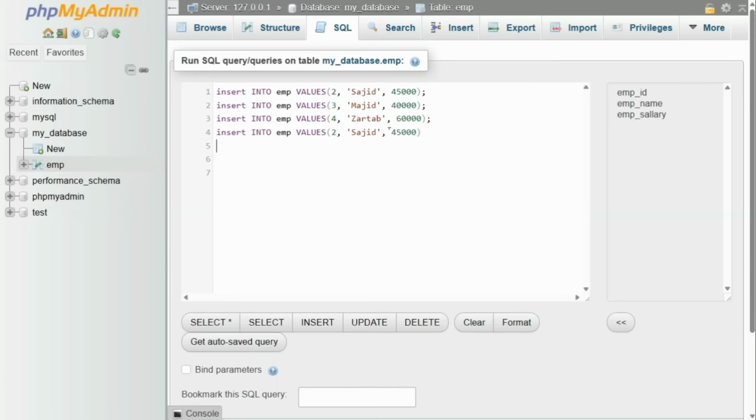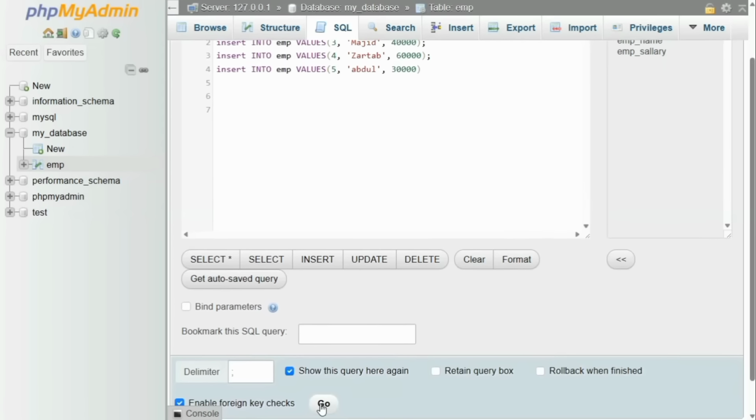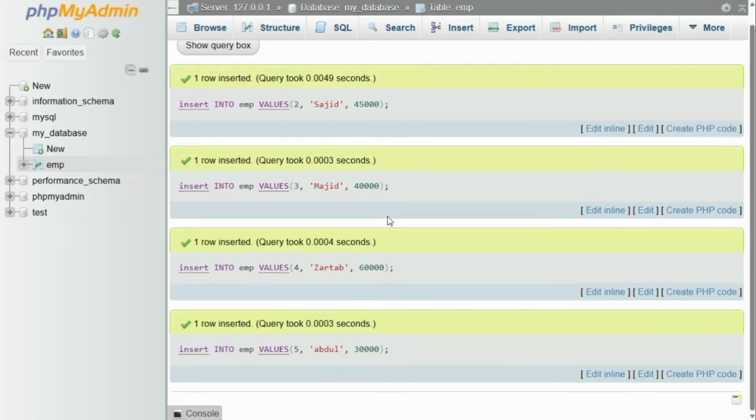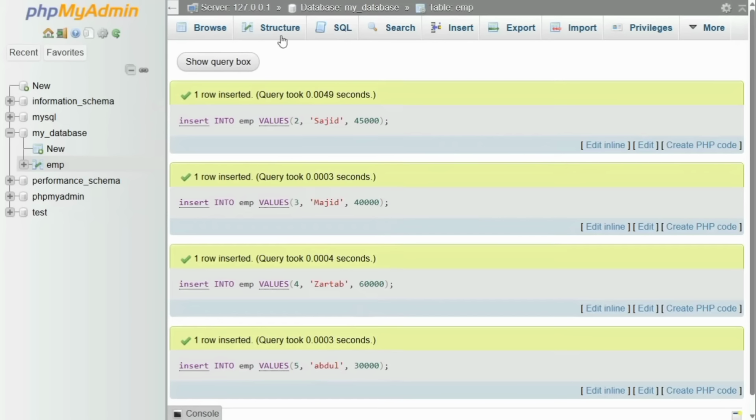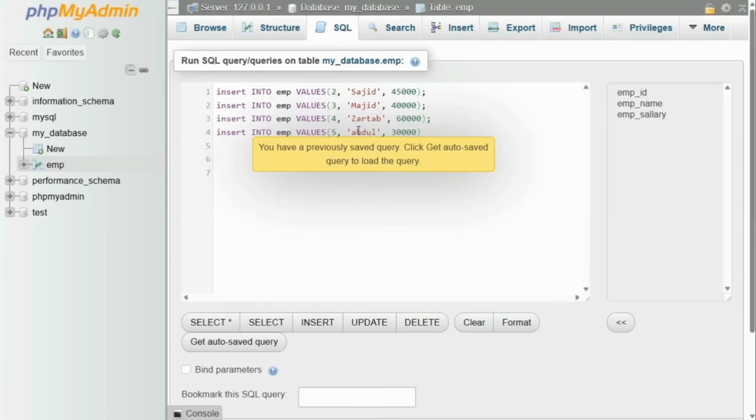Now employee ID is 5, employee name is Abdul, and employee salary is 30,000. Now run the query, and now you can check the detail,